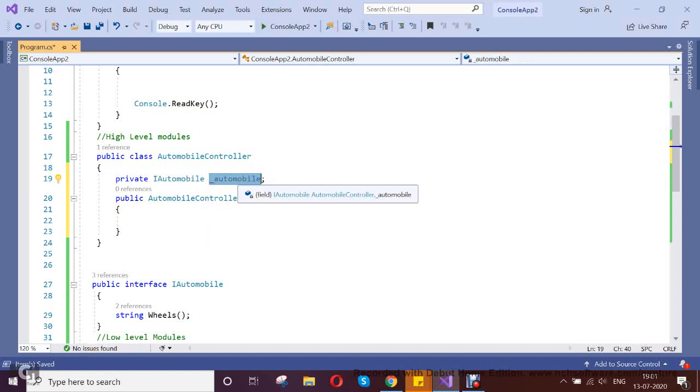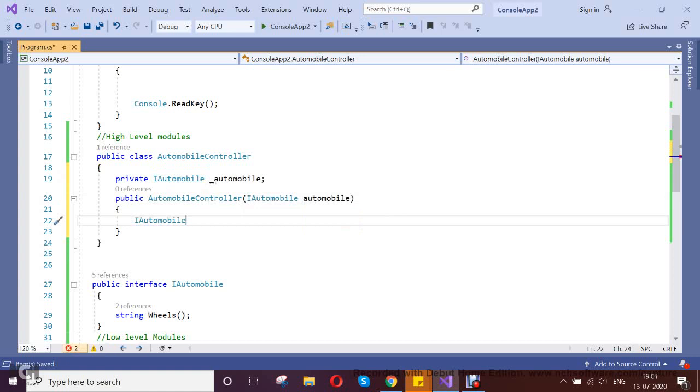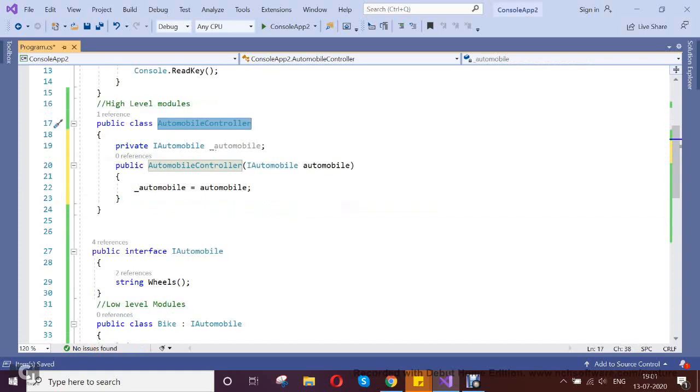Then I am going to inject this by a constructor. So here my module completely depends only on the abstraction, not directly on the low level module.